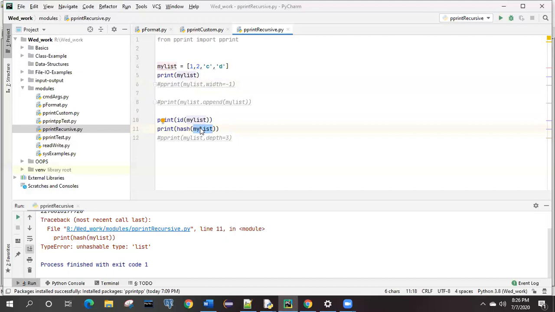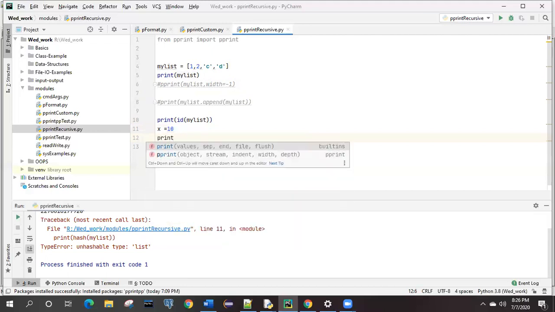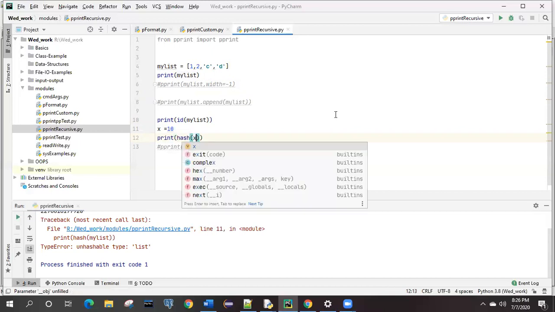It will not work with the list. Okay, it will work for a particular value. Like if I am writing x equal to 10, and for this, if I am printing, what we are printing, hash of x.